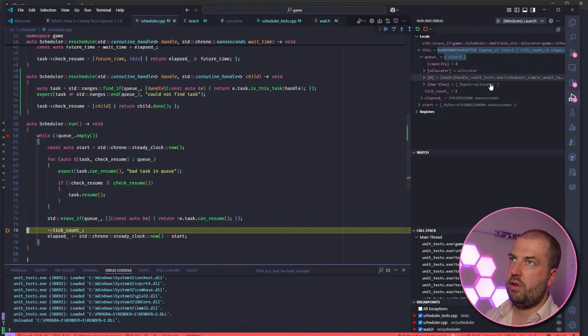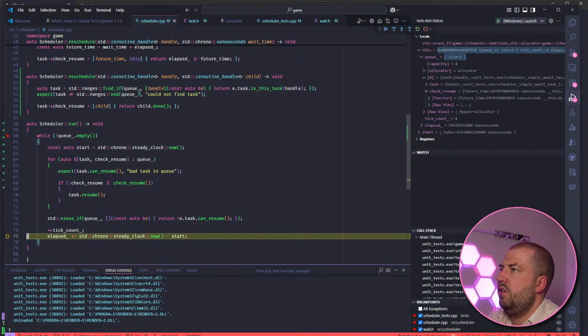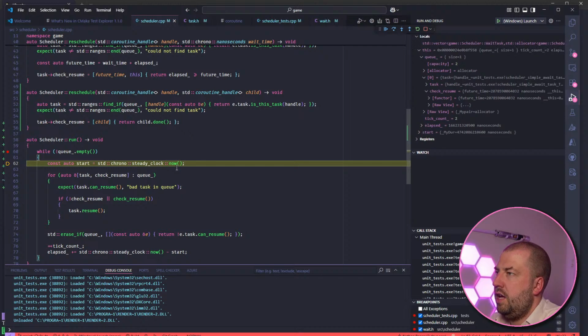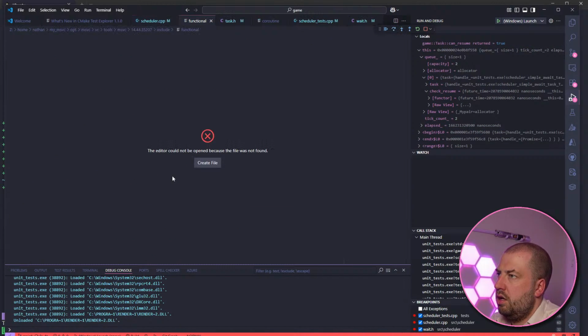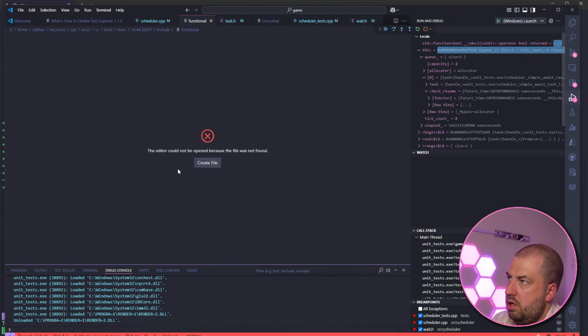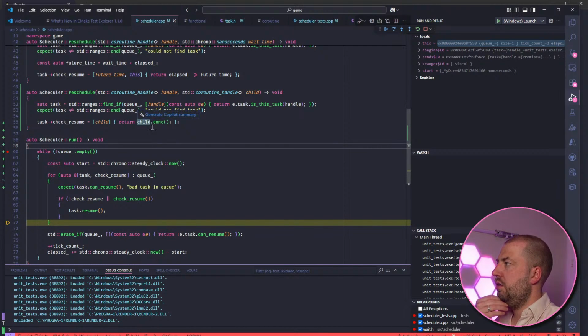So then we go back round. We're now left with this, with check resume. I wonder if this handle is now gone out of scope. So then when we go around here, that's fine. Go around here, we pick up the task, we go in. Interesting, it didn't pick it up. So this must still be returning not done, but I wonder if it's just because the child just doesn't exist anymore.